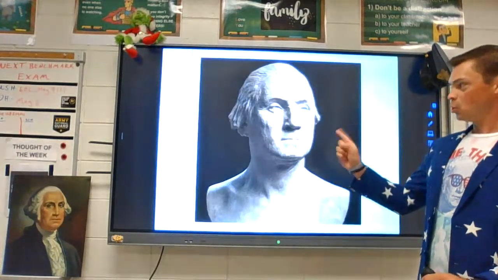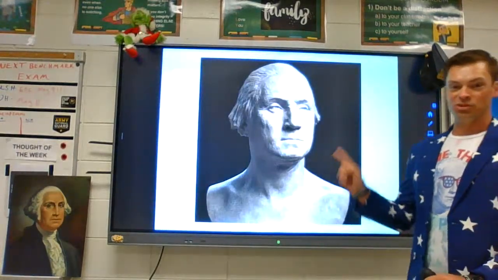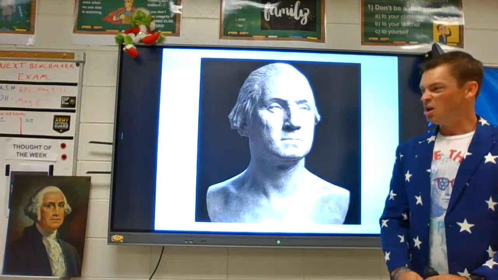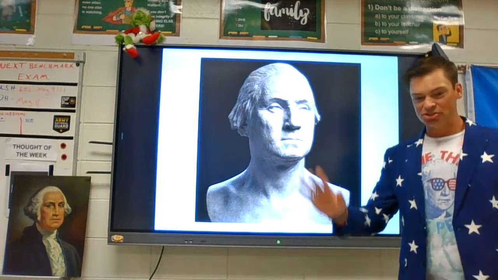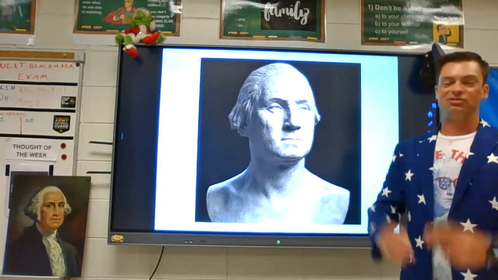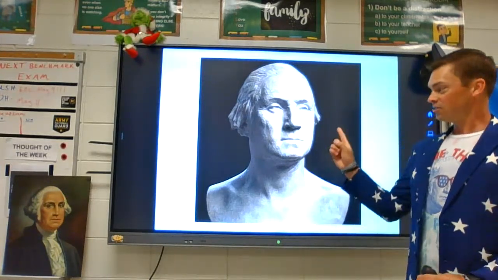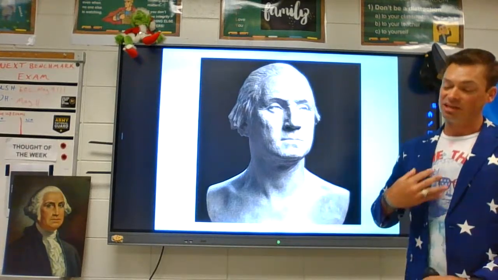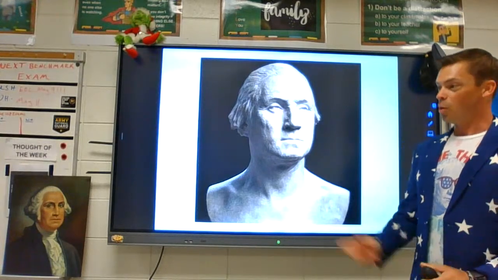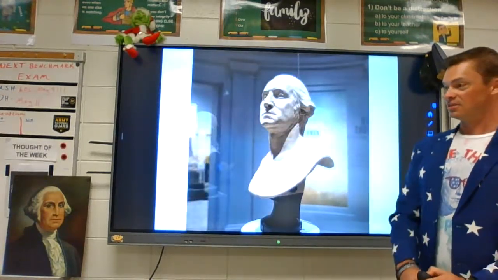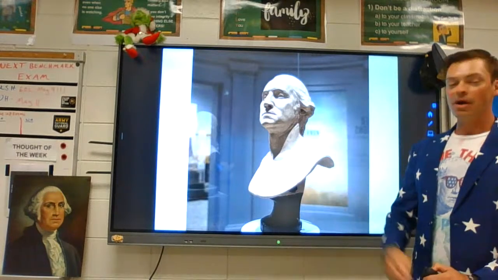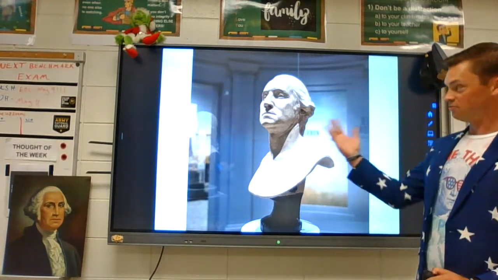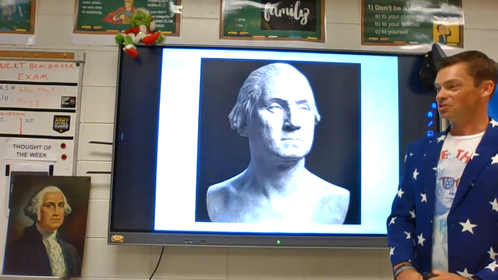is because George Washington's granddaughter, when she saw this sculpture, she said, "Yep, that's my grandpa. That's it." For all the paintings and pictures and attempts to make a picture that looks like George Washington, this sculptor, he got it the closest, he got it most right. And I think if George Washington's granddaughter walked into the room and saw this and said, "Wow, that's my grandpa," I'm gonna believe her opinion. I'm gonna believe what she said. So I really like this bust because it makes me feel like I'm looking at George Washington.